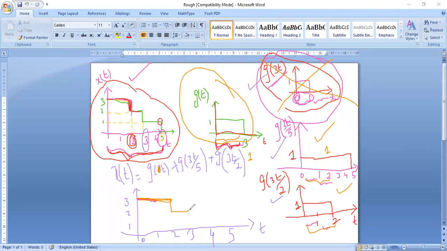So I have marked 2. Now let me take 3 to 4. From the first diagram, I do not have anything. The second diagram, I have an amplitude 1. And in the third diagram, I do not have anything. So between 3 to 4, I should try to maintain the amplitude of 1.